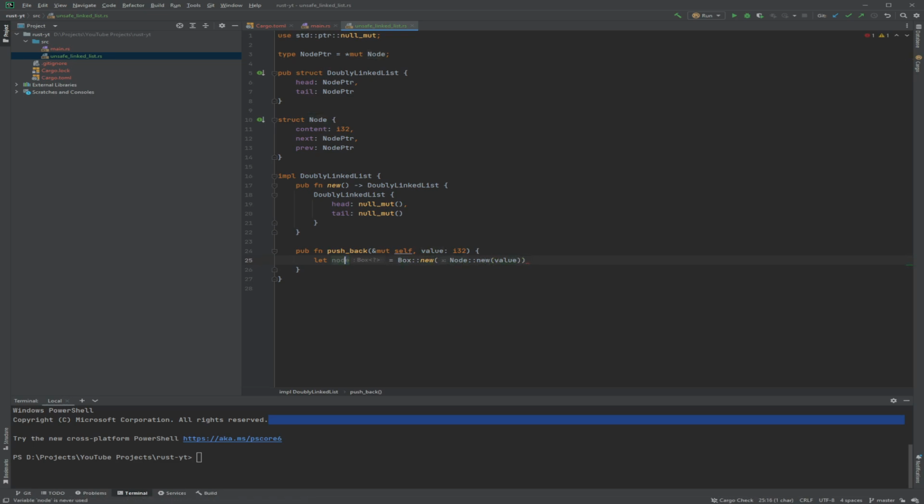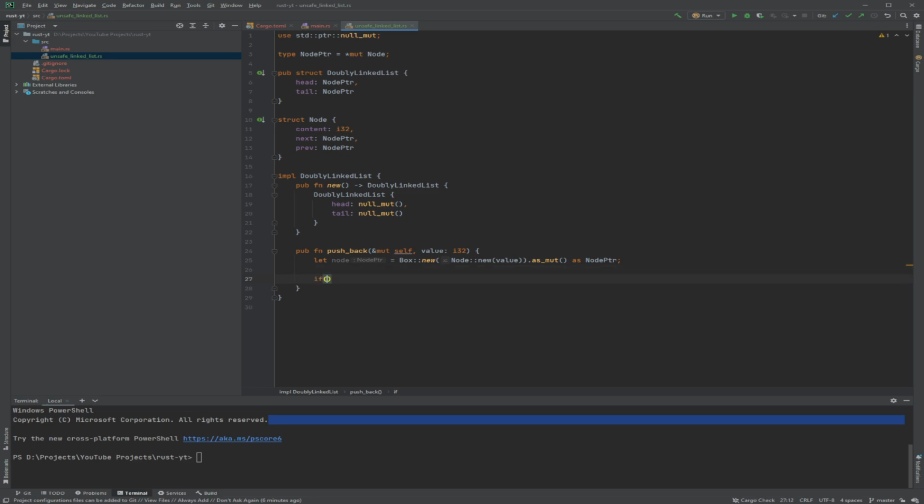We don't want a Box because we're in C land in a way. This is obviously not the right way to do this, but we're trying to do it in the C world, so we somehow need to get a pointer of that. So I believe as_mut, now we get a mutable reference to the data inside, and a reference is like a sugar-coated pointer, but the compiler treats them specially. So this is a cast to a node pointer.